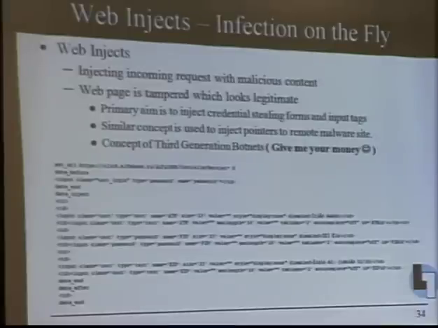So the bot is there since it's already hooking the dynamic link libraries. For the incoming traffic, the bot actually has a particular kind of web injects.txt file. Based on that rule set, it can inject different kinds of parameters. So you can see it can inject any kind of input box. It can inject any kind of JavaScript that gets rendered in the browser as soon as the browser opens the